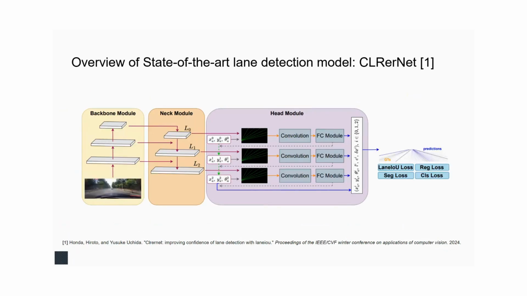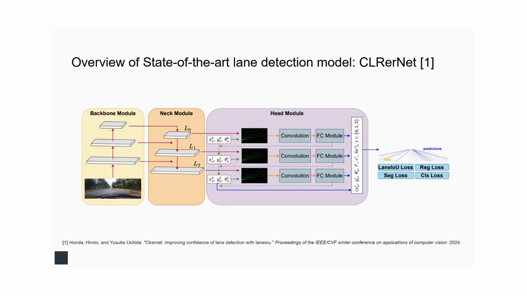Giving you a slight overview of a state-of-the-art lane detection model. In our research, we use CLRerNet as a case study, where it has different components which capture different aspects of segmenting a lane marking. It begins with a strong backbone like ResNet to extract hierarchical visual features from the input image. These low and mid-level features capture lane structure, texture, and context necessary for localization. Next, moving on to the neck, these features are passed through a feature pyramid network style neck that fuses multi-scale representation so that the model can reason about both global road geometry and fine local details.